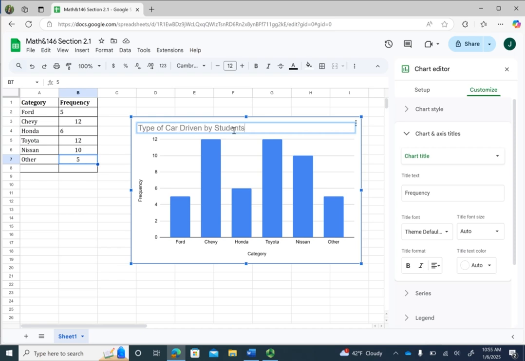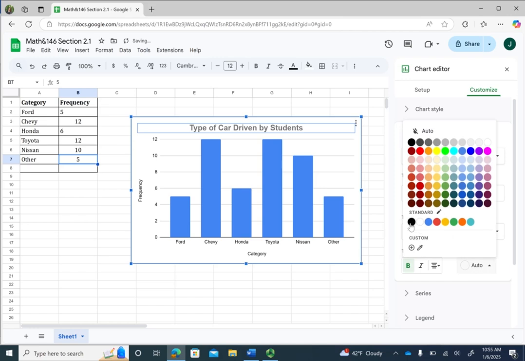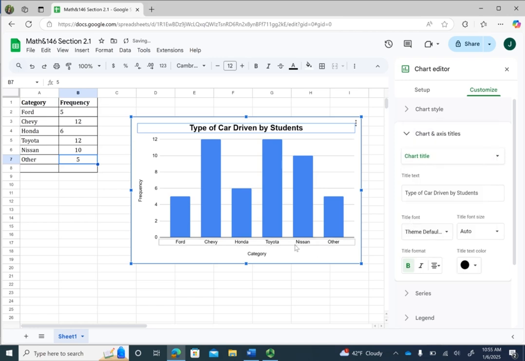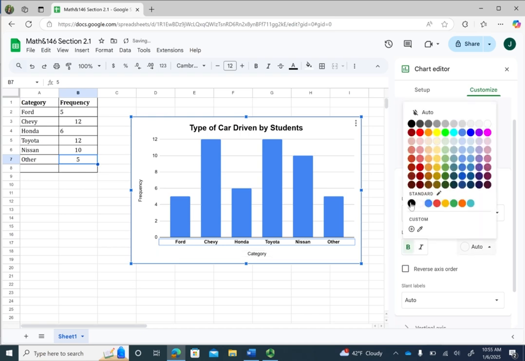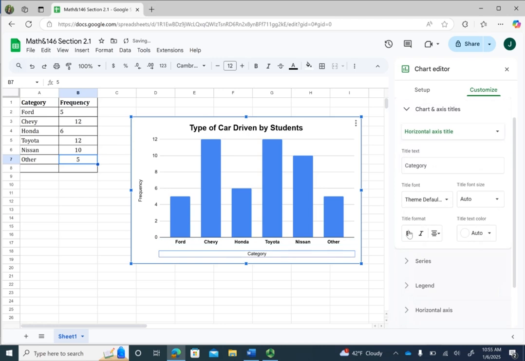I'm just going to give it the title, type of graph driven by students. And we can center the title. We can make the title darker. Same thing with the categories, the x-axis title, and the y-axis title. You can make those a little bit darker.